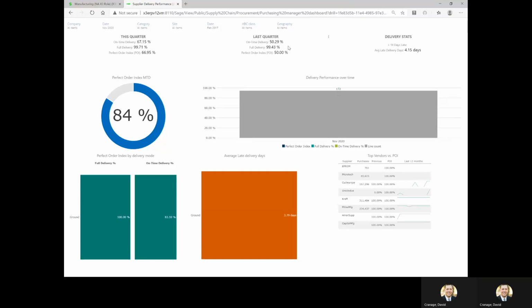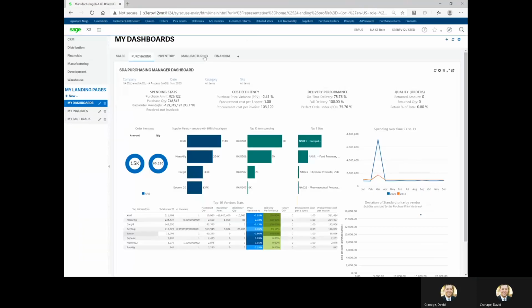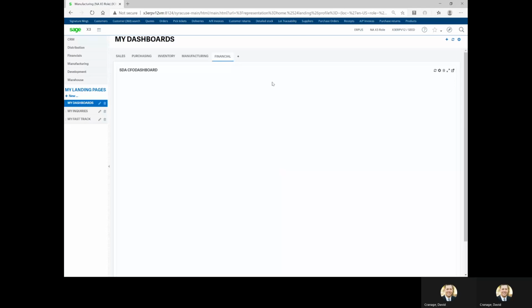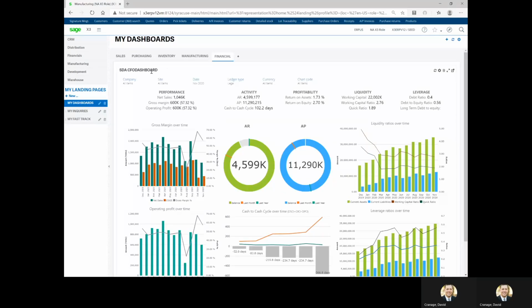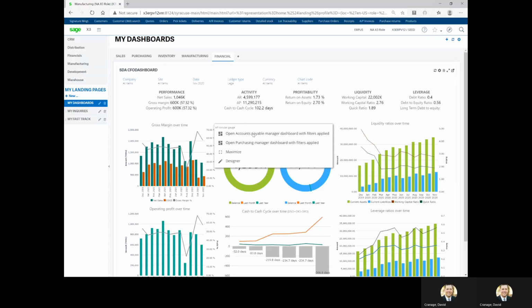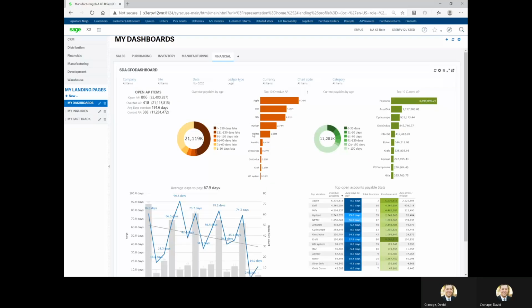So I can move from a dashboard to a sub-dashboard to a KPI right into the individual business document, whether that's a quote, order, an invoice, whatever it may be. And lastly, I think it's important to also understand that there's a hierarchy within dashboards as well. So for example, here I'm looking at the CFO dashboard, and under the CFO, maybe the controller, the AR team, and the AP team, and then right from the controller's dashboard, I do have the ability to drill down into a more specific area of focus like AR or AP,